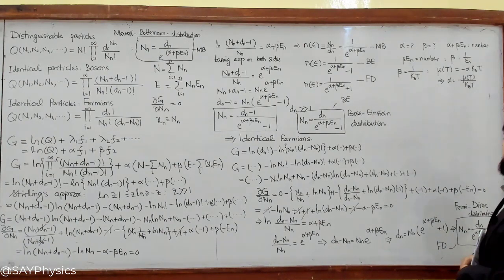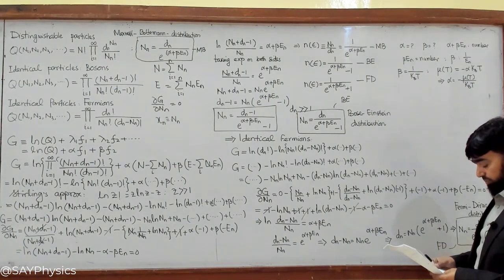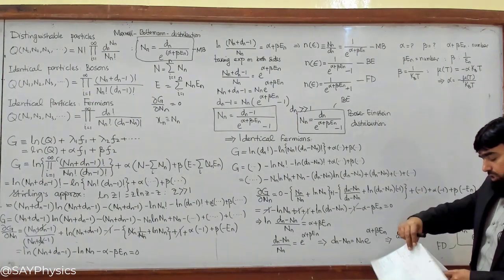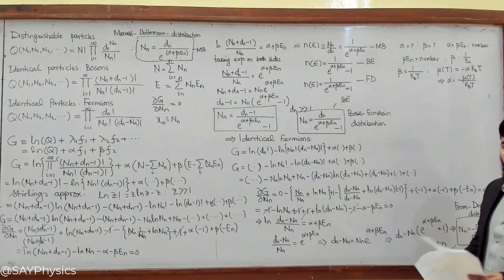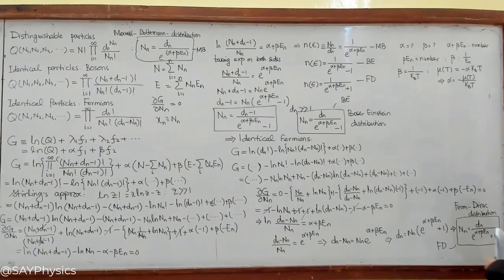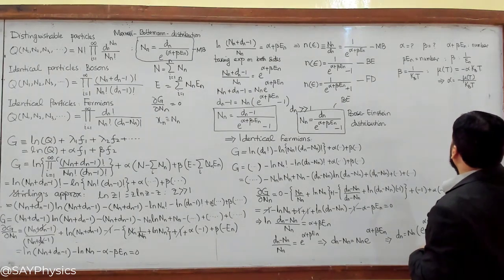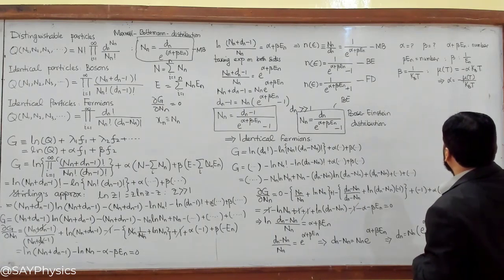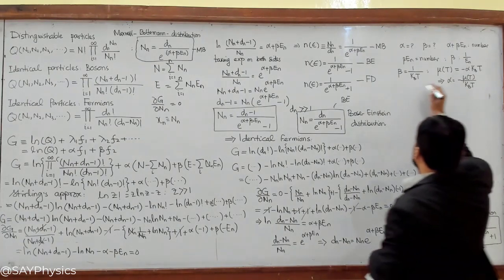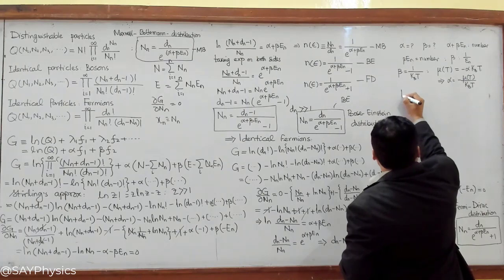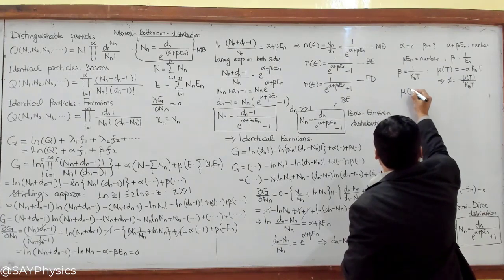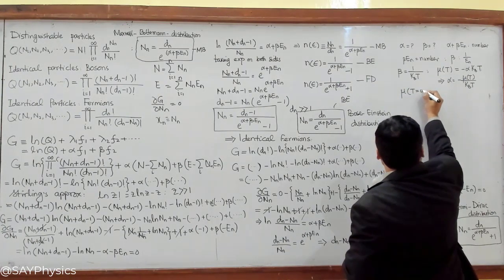So for this, let me now write some approximations in this one. And the approximations are, if I write here the chemical potential, then the chemical potential at T equal to 0,